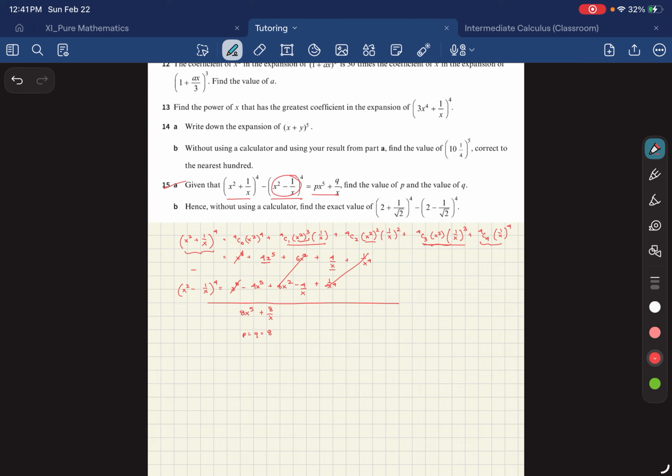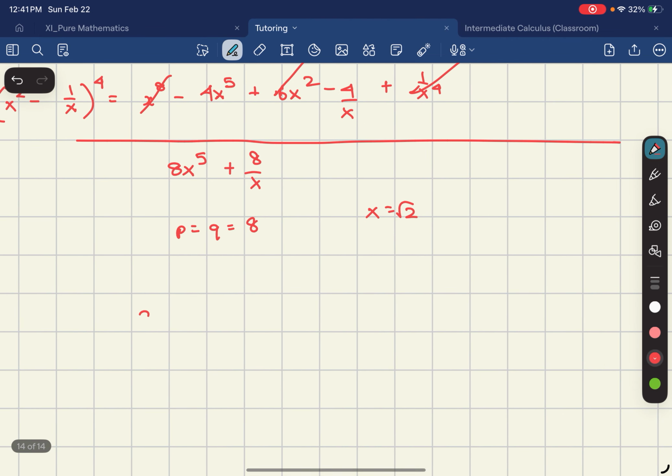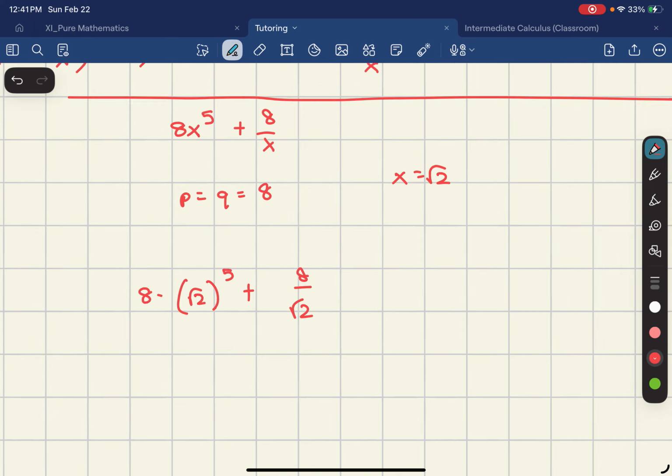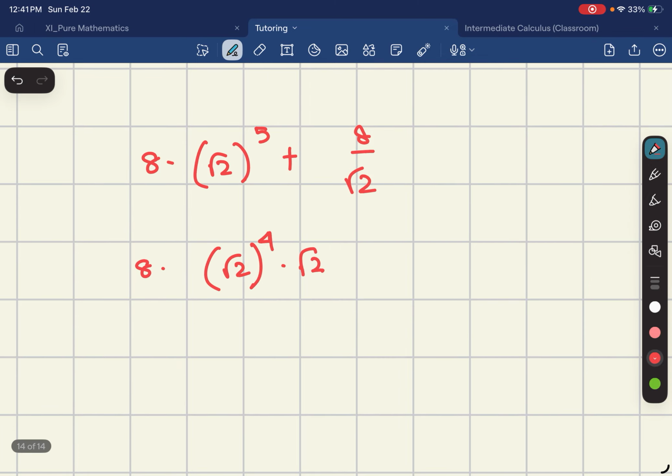And without using a calculator, find the exact value of this. Well, this is exactly what we just did. Now we just need to substitute x is equal to root 2 if you look at it carefully. So we have 8 root 2 to the power 5 plus 8 divided by root 2. So what is root 2 to the power 5? Well, that is 4 times root 2, because this is 1 and they're going to add up. Root 2 to the power 4, that is 2 squared, and 2 squared is just 4. So 8 fours is 32 root 2